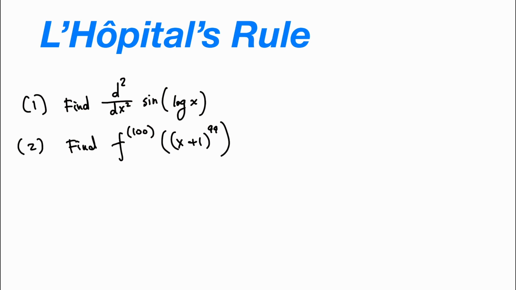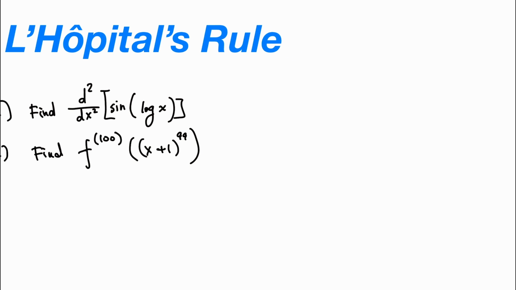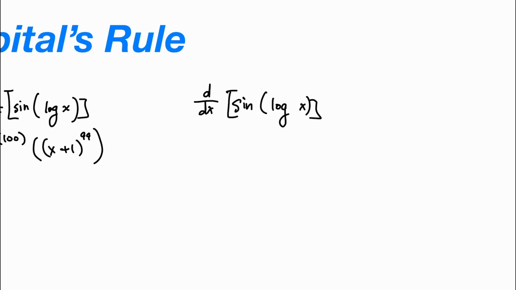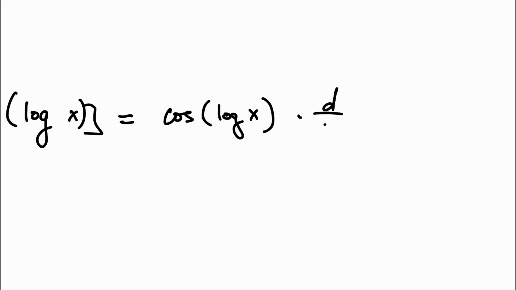The first question is to find the second derivative of this function, and we want to find that. Obviously, we want to find the first derivative first, so the function itself looks like this. We want to find the first derivative. So for the first derivative of this, we need to use the chain rule over here. We would get the cosine of the log of x, and the derivative times the derivative of log